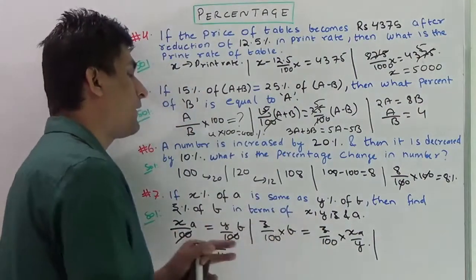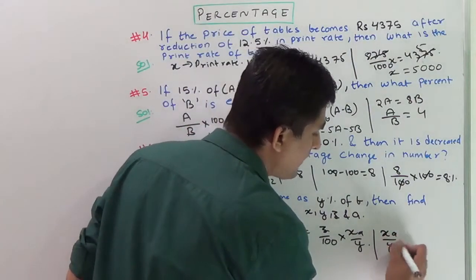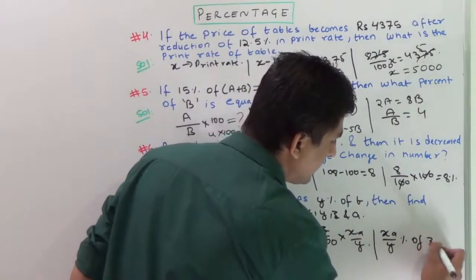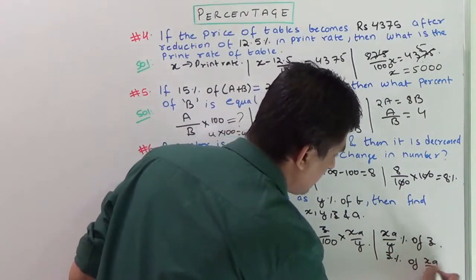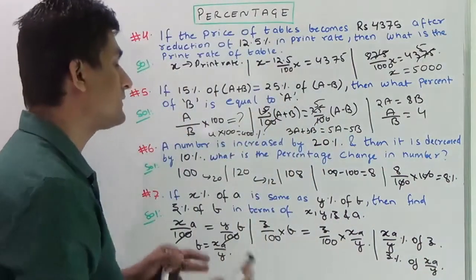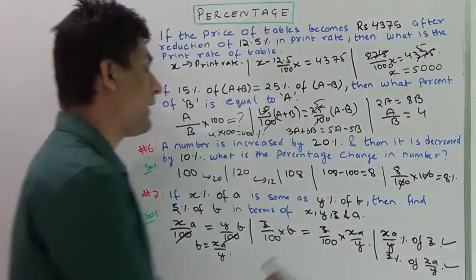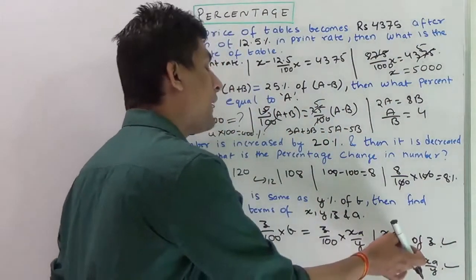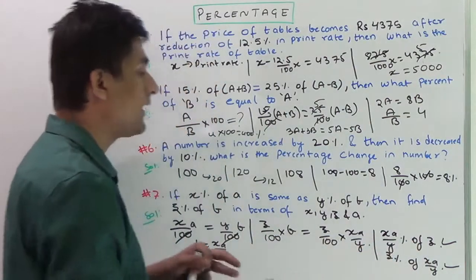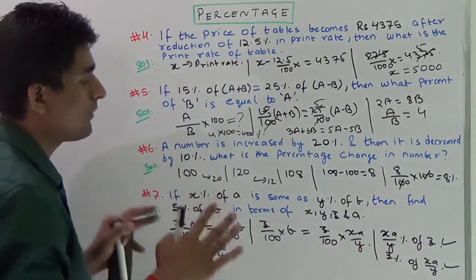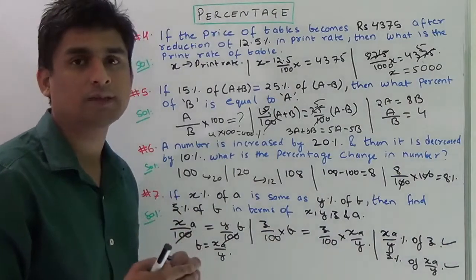But I can also write it in the form of words. I can write it like this: x upon y percent of z, or I can write it as z percent of x upon y. Okay, I can write this answer in this form also. If in your exam the options are in this form, you can mark this or this as per the options. So this is for the basic part. Now I'll move to the successive concept, which is a very important concept on percentages.